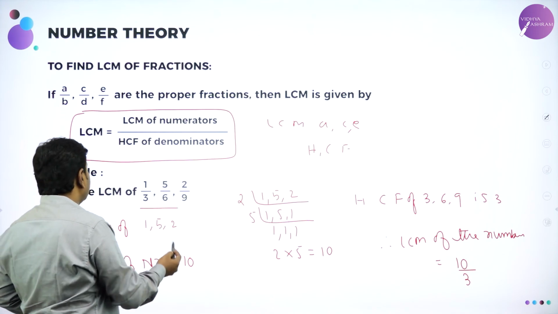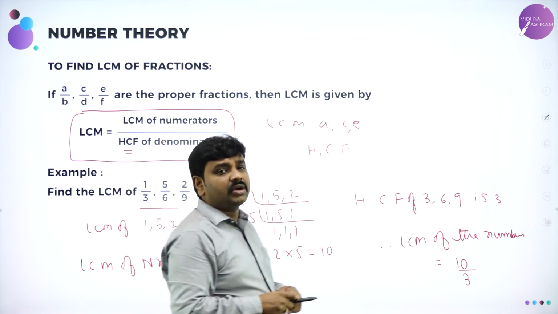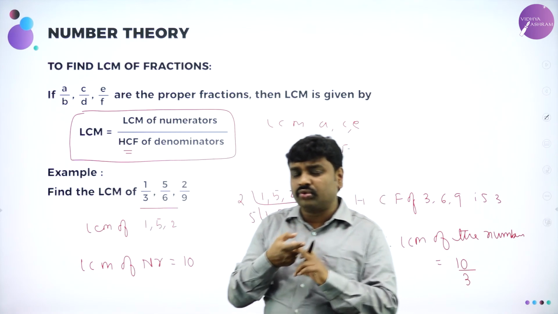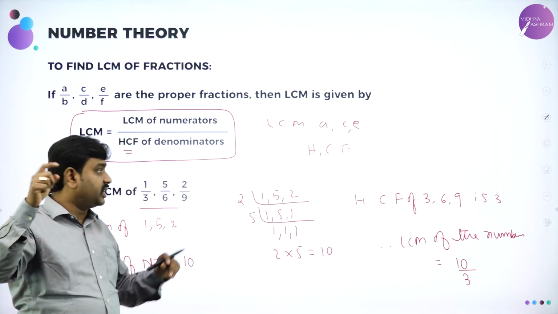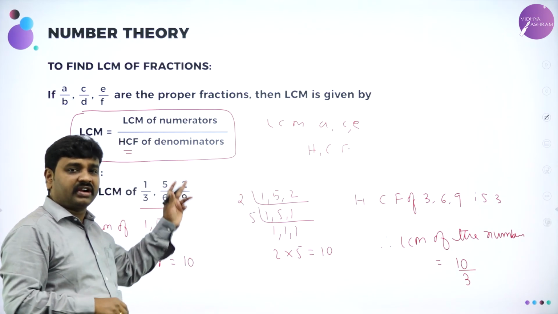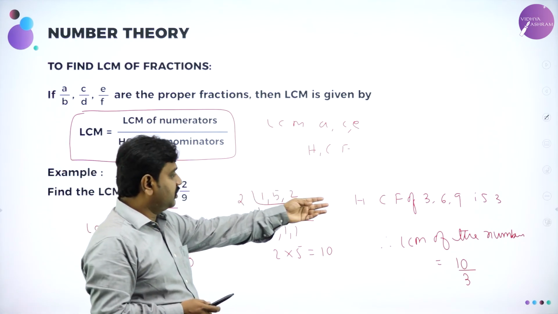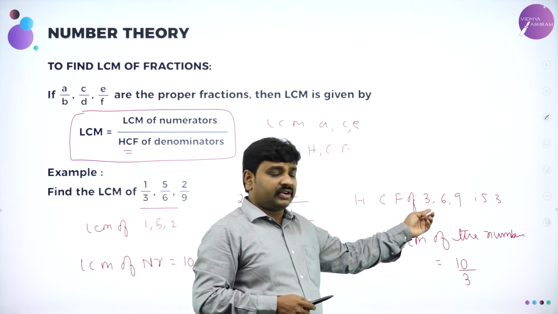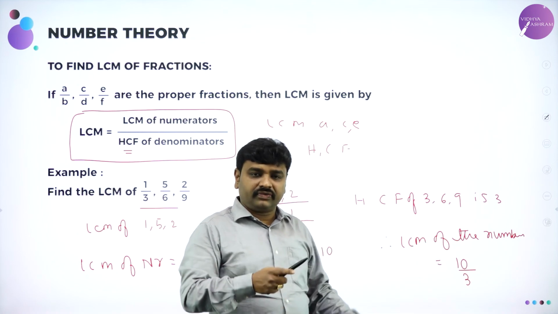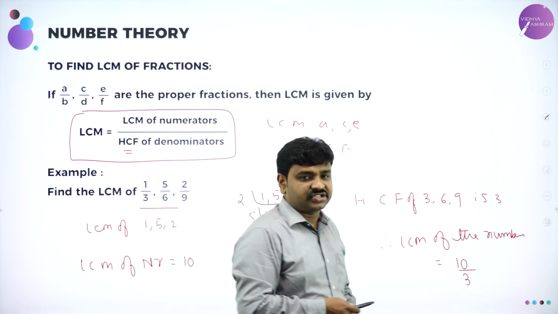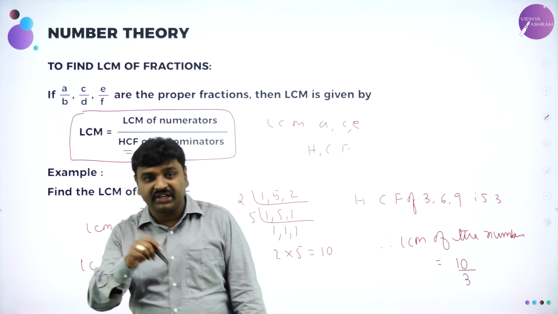Again, I will be teaching you once I make you thorough with HCF. We have to learn HCF, but in the topic of LCM, I have to teach you how to find LCM for given numbers. So if they give fractions, find the LCM of the numerators and write it in the numerator. Find the HCF of the denominators and write it in the denominator. That's it. And how to find HCF? We'll be learning. Highest common factor means the highest number which divides all three. The highest number which divides 3, 6, 9 is 3. For that we have the division method and the factorization method. Both I'll teach you in my next session. So LCM of fractions will be continued again.